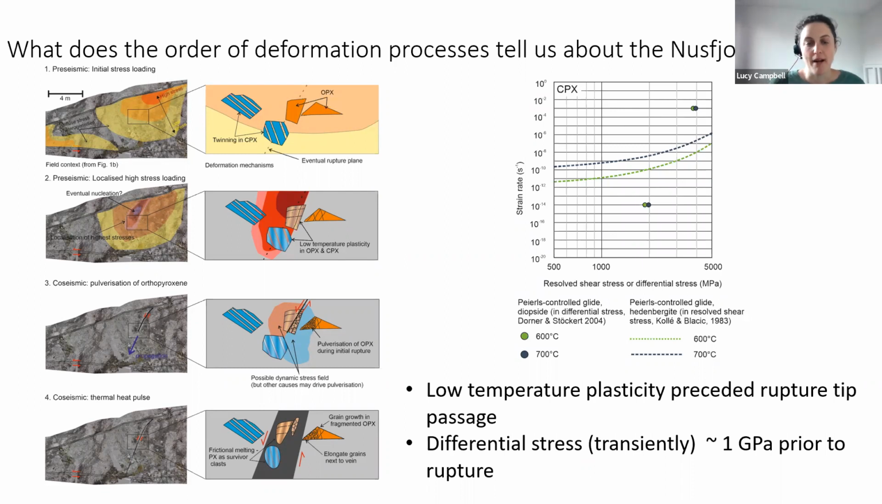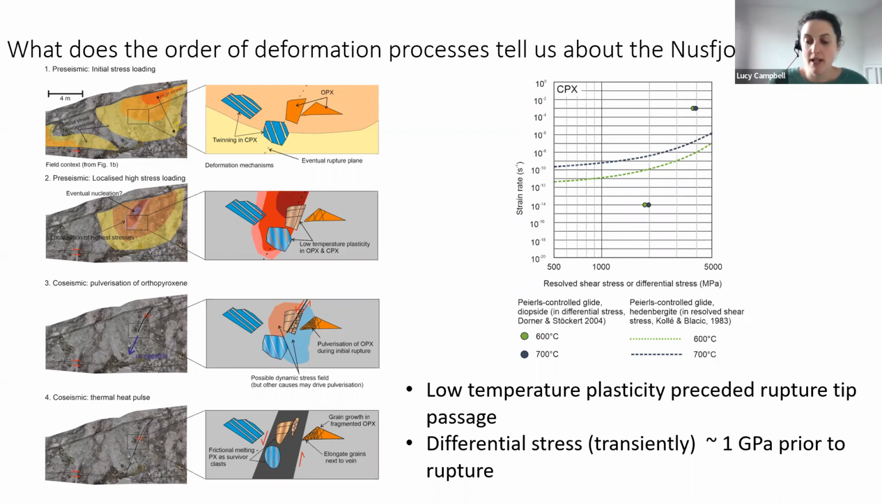That's important because if the fragmentation is a pulverization style formation, we would link that to the passage of the rupture tip. That means the earlier microstructures precede that, and yet are still linked relatively closely spatially to the fault. So perhaps the low temperature plasticity is reflecting that localized loading which precedes the actual passage of the rupture. But low temperature plasticity in clinopyroxene, if we're going to elevate the strain rate above a background strain rate, does need quite high differential stresses, around the gigapascal scale. So that's actually